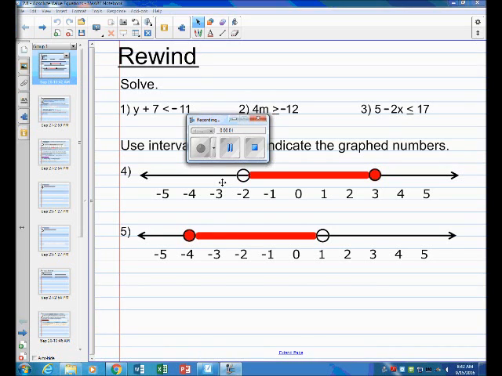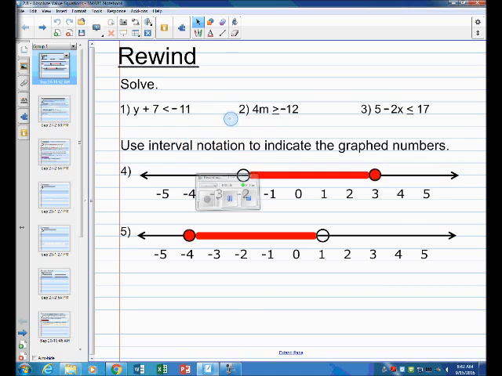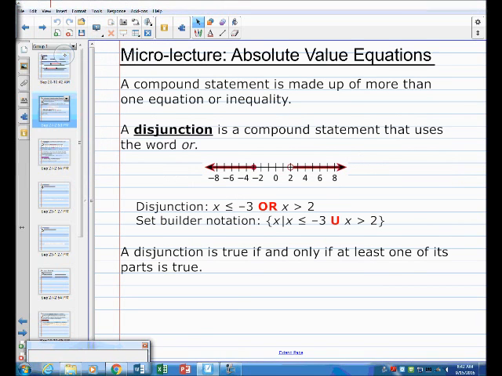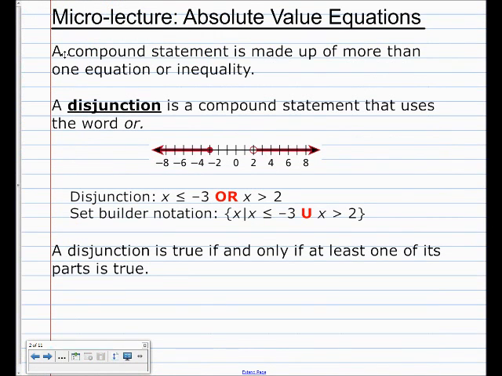All right, today we're going to talk about absolute value equations eventually. But before we can do that, we need to discuss solving some disjunctions and conjunctions. I don't know if you saw this in Algebra 1. I don't think you did. You may have. But I just want to go over a few of these inequalities and when I put two